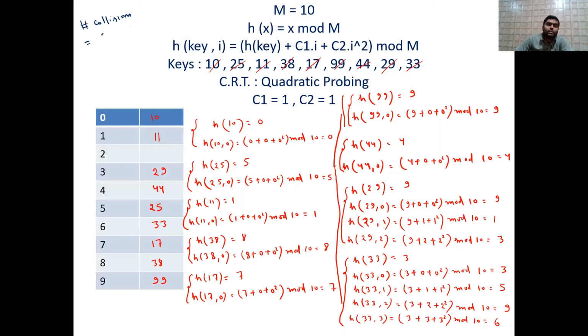So it is 2 plus, है ना. और फिर 33 के केस में कितने हुए, 0, 1 and 2, 3 collisions are there. So overall if I calculate number of collisions, there are 5 collisions in case of quadratic probing. But it may be more in linear probing. If we use linear probing for the collision resolution technique, then definitely there are some more collisions in that case.